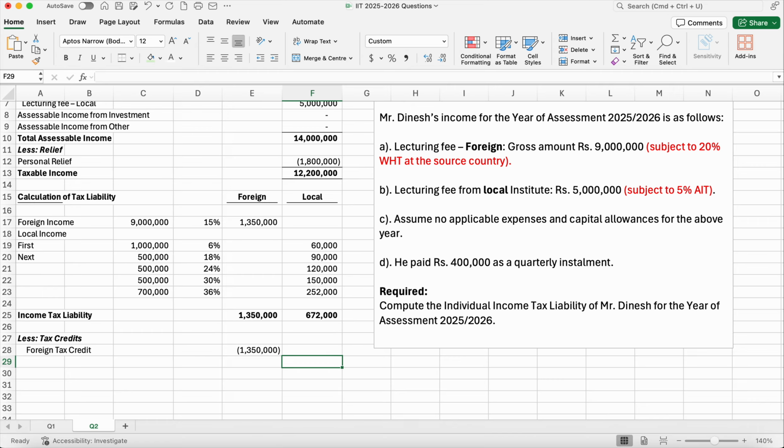Then the circular, if you want to refer, you can refer to the circular, right? This one, for more information on advance income tax. So advance income tax on lecturing fee,